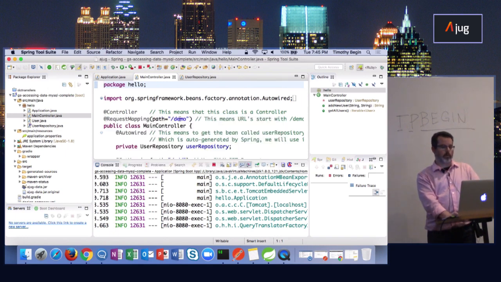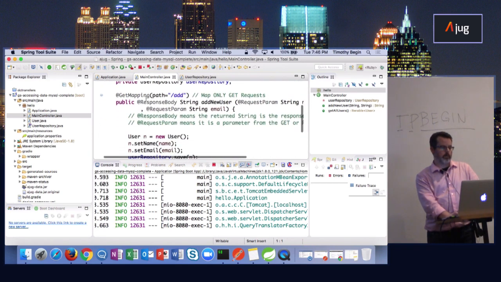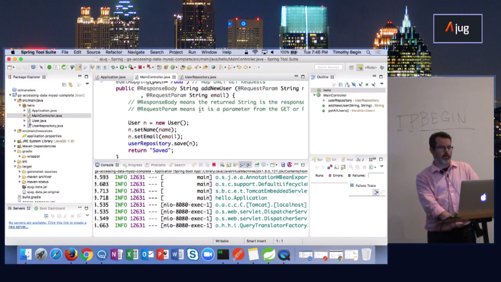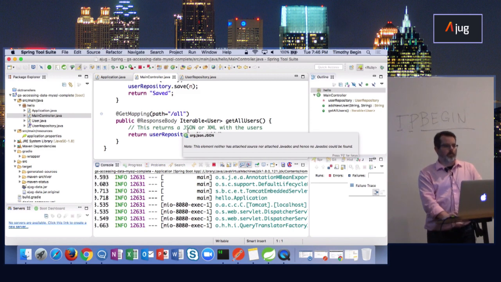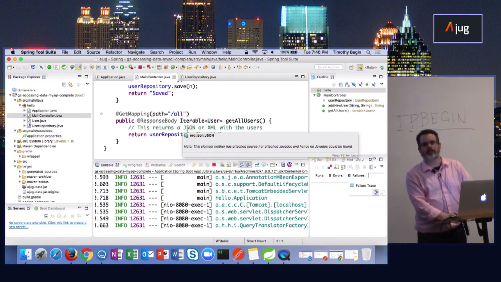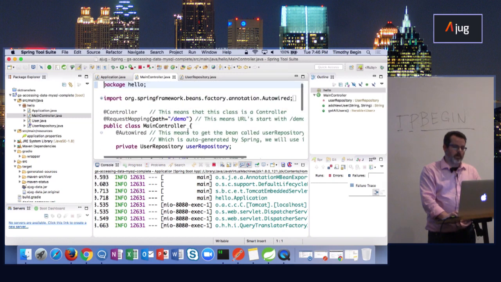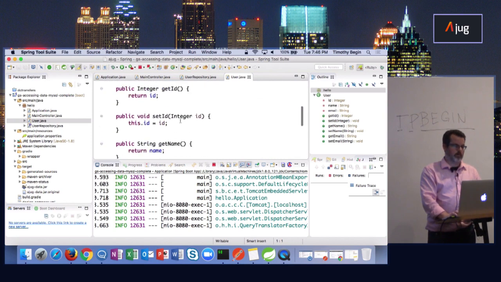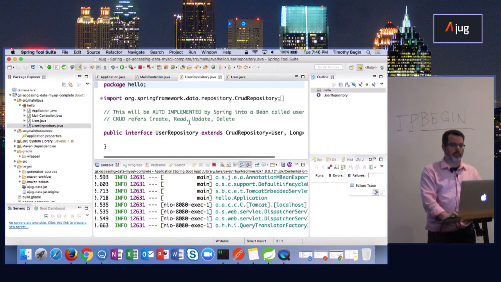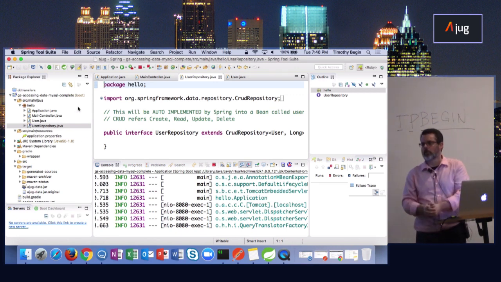So we're telling it that we are going to have this respond to demo, and this method, the add new user, will deal with the add, and this will deal with the all. And so JPA is going to take care of doing all the lookups for us in the standard JPA implementation. If you need any more on that, I'm not the guy to ask because I hate JPA. And the other piece is that it has built its entity or its model to use, and it is implementing this interface so that JPA can go ahead and take care of doing the implementation for you.